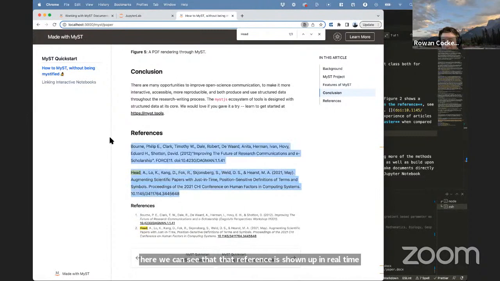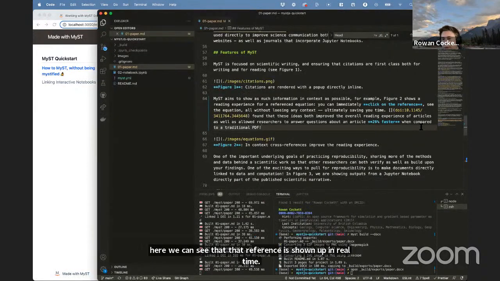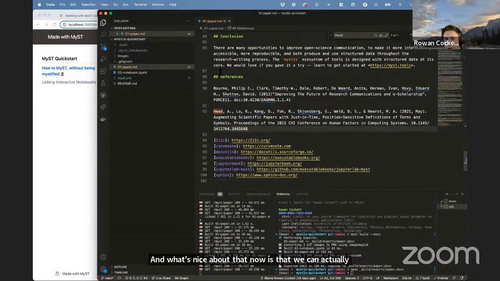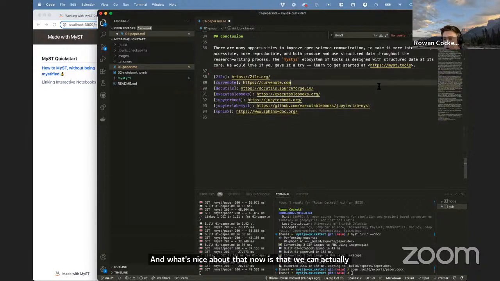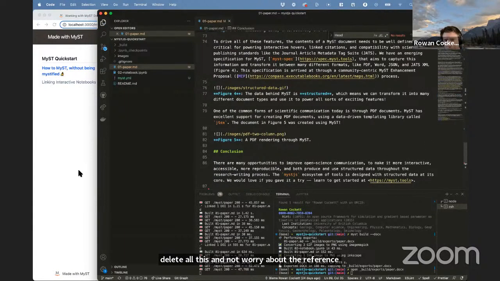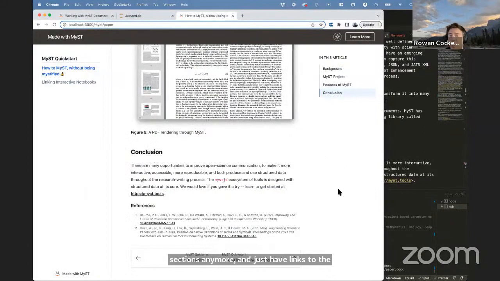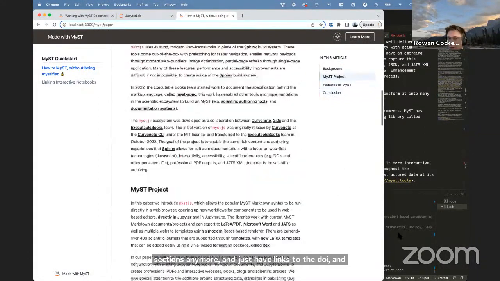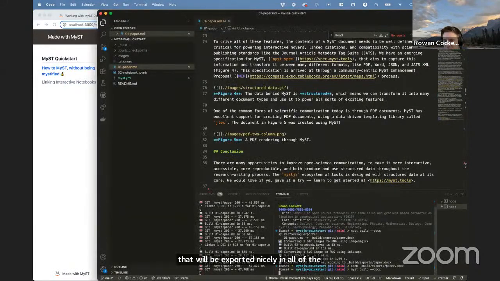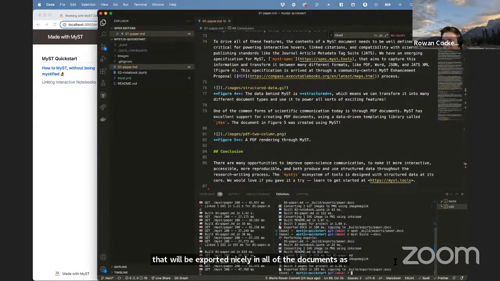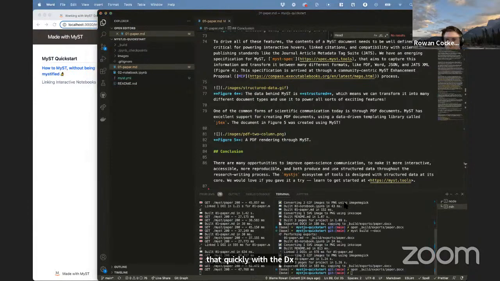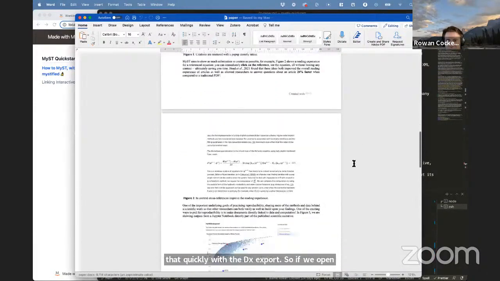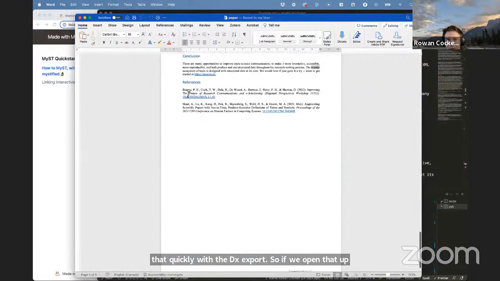And what's nice about that now is that we can actually delete all of this and not worry about the reference sections anymore, and just have links to the DOI, and that will be exported nicely in all of the documents as well. And so maybe I'll just show you that quickly with the docx export. And so if we open that up again, we can see that our reference sections now have these nice formatted links in our Word document,